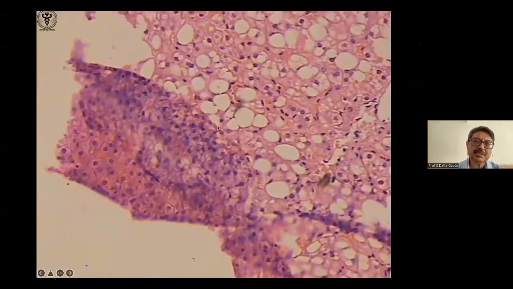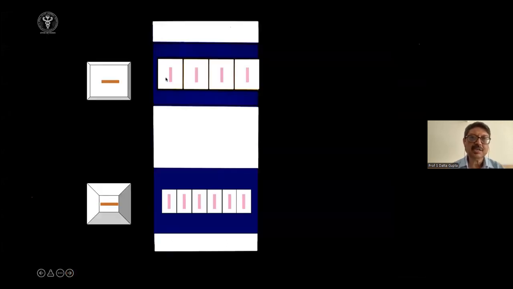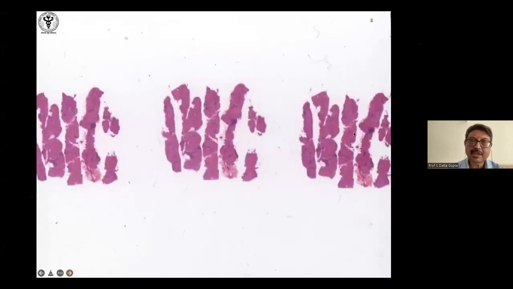The other technical aspect, of course, is folded and other sections that the technicians in the lab should be aware of. Do not try to squeeze the biopsy with forceps when you're trying to put it into a bottle. So these are artifacts that one has to remember. The liver biopsies are processed in paraffin. Generally, frozen sections are used for certain specific indications. And when you put it in paraffin, it shrinks in size by a few millimeters, so a little longer length would be helpful. And these are the multiple cores that you see.